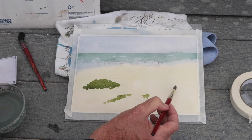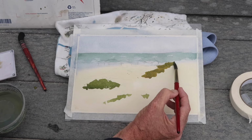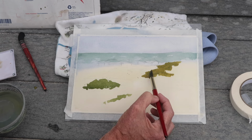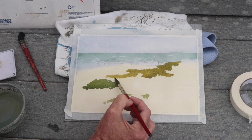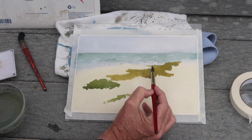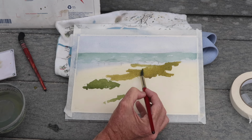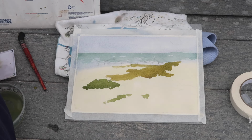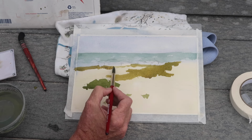There's an area in here that's a little bit warmer in temperature. Now there's going to be a tree over this right here, but I want to paint this greenery that's on the dunes, and I'm leaving the lighter portion. Let's see, I want this to kind of go up like this. There's like some more greenery here,